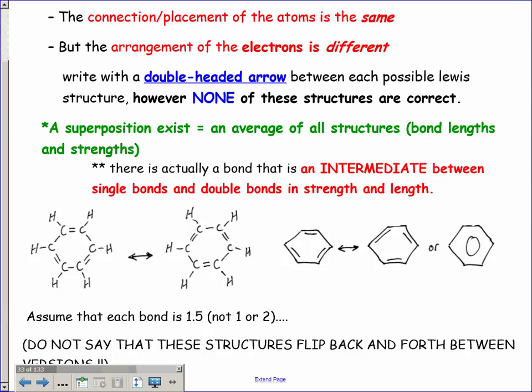So which is longer, single bond or double bond? Single bond is longer, and so as you look at the difference, single bond versus double bond, and then you actually obtain data that correlates with that, you find that there's actually no,